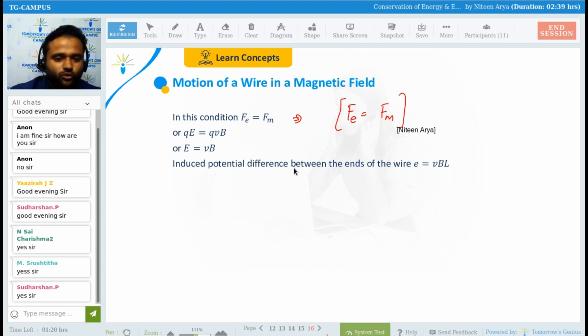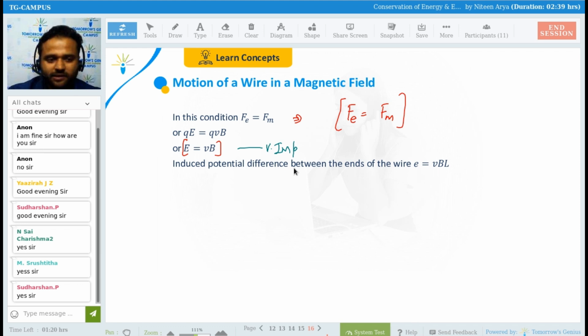So my magnetic force equals QVB, my electric force equals QE in general. So E equals VB. That is one of the very important relations, and that is the birthplace or origin of your EM waves or electromagnetic